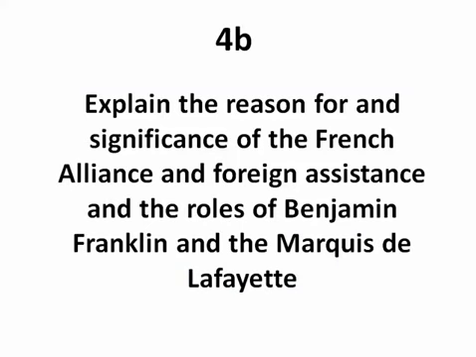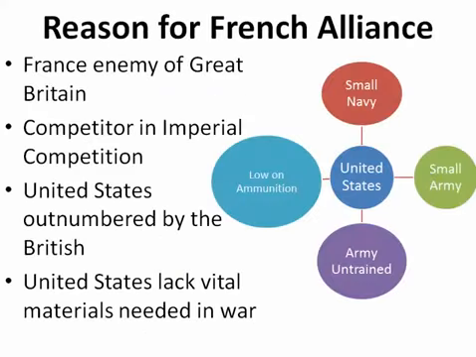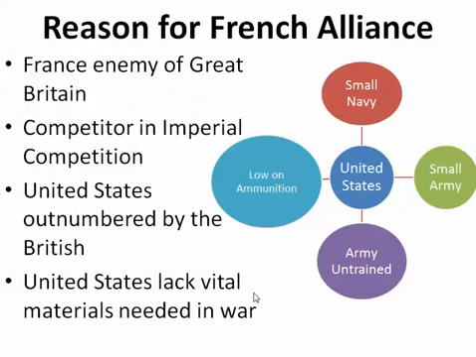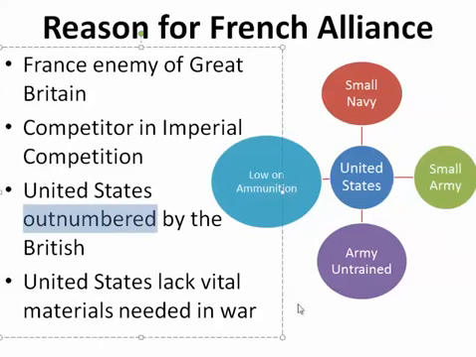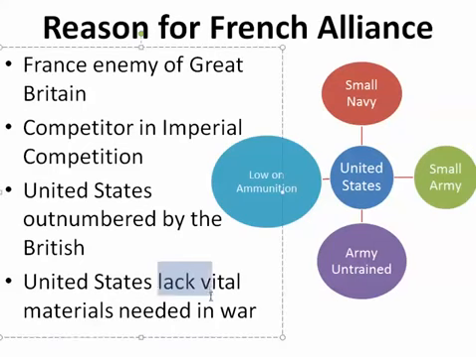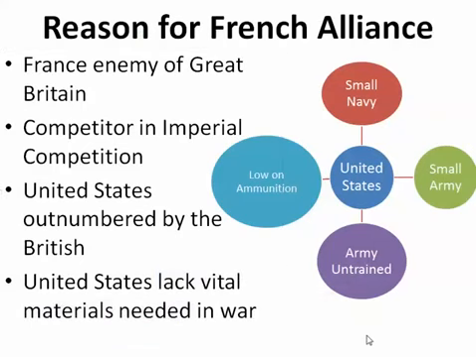Alright, so let's look at those things real quick. Let's look first at the reason for. What was the reason for the French alliance? Why did we need it? In the imperial competition, that's probably another reason. But a big reason is because the United States was outnumbered by Great Britain, and the United States lacked vital materials needed for war. So let's look at the United States. We had a very small navy, very few ships in the navy, almost non-existent, and then we have very